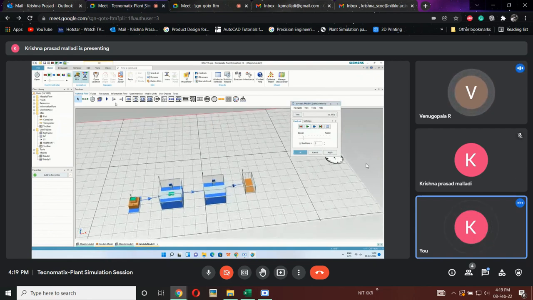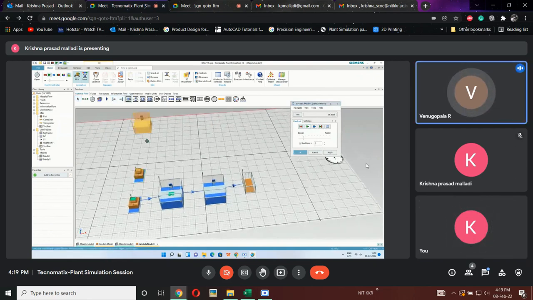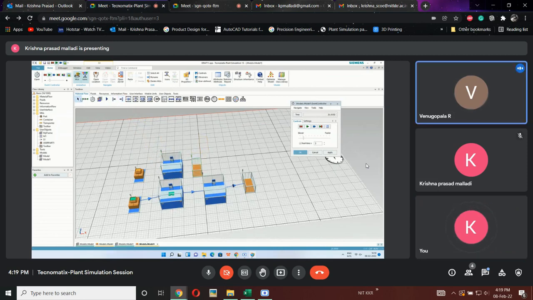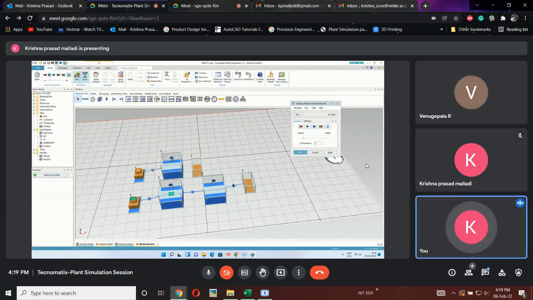Can we give a material property also? That is not possible in this, sir, actually. We are not doing the ANSYS part here, so material property is not possible. We can change the material dimensions. See, sir, here this was defined with the user part, whereas this was not defined with the user part. So this is a normal one. This is a user defined one.